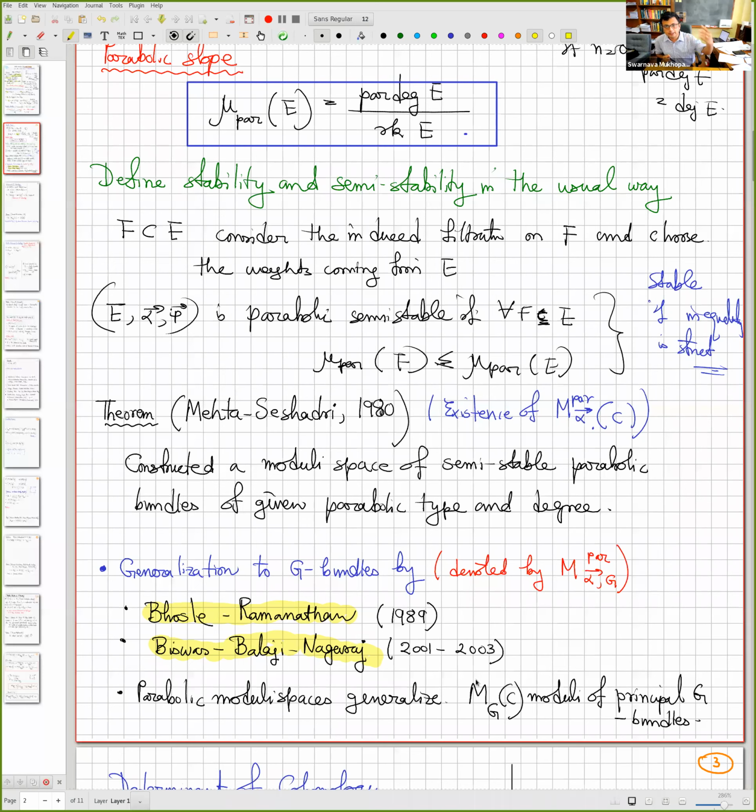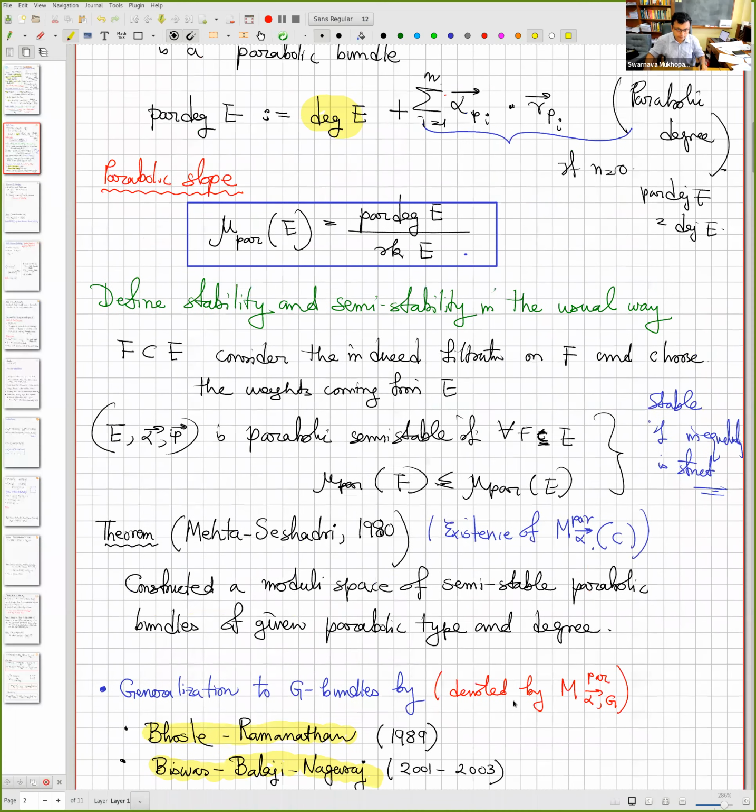Because see, if you think of the Picard, it's like C-star bundles, a moduli of C-star bundles on a curve, whereas G is like a non-abelian group. So that should be thought of as a non-abelian generalization of the usual Picard group. Okay, so for today,